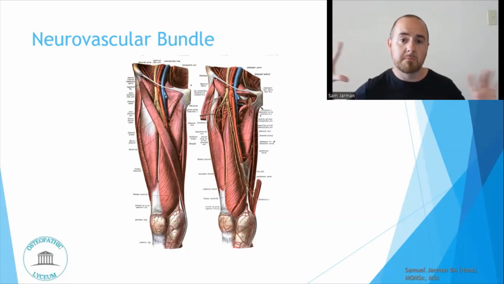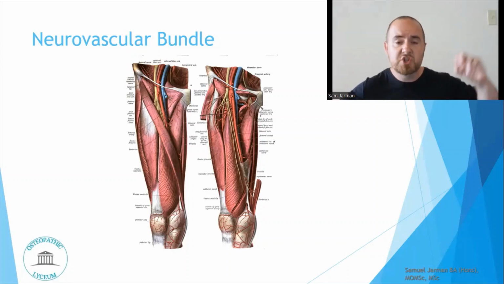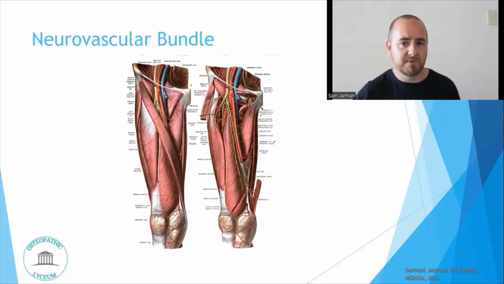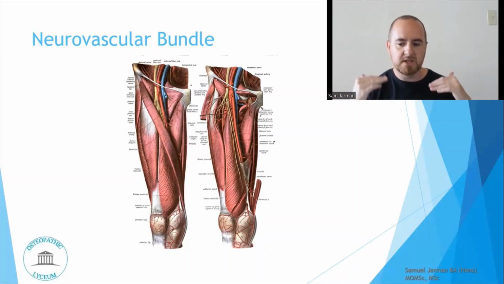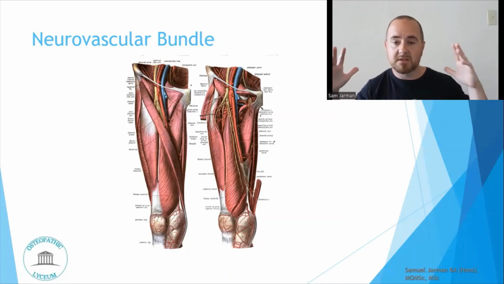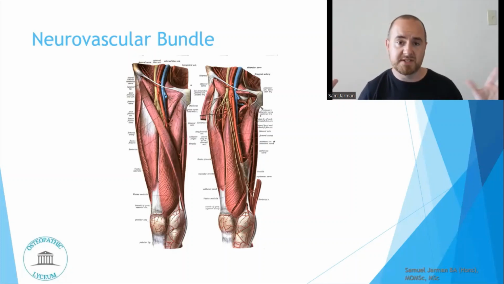However, if we look at the movement problems and the differences in tissue tension in the regions we would be considering, we will be as accurate to the problem that's present as we can, as opposed to chasing these neurovascular bundles, because the neurovascular bundle may be okay, but the movement may be having a problem for various reasons. So sticking to the movement is the most appropriate thing to do as far as assessment and treatment is concerned,